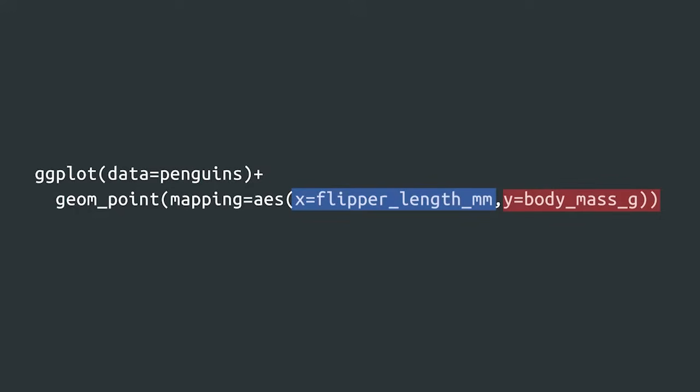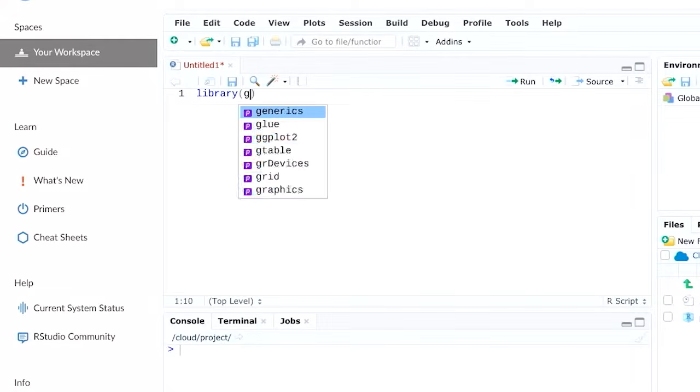To map an aesthetic to a variable, set the name of the aesthetic equal to the name of the variable inside the parentheses of the aes function. Our code tells R to map flipper length to the x-axis and body mass to the y-axis. Let's log into RStudio Cloud and run the code. As a quick reminder,